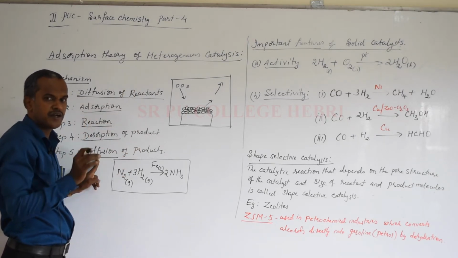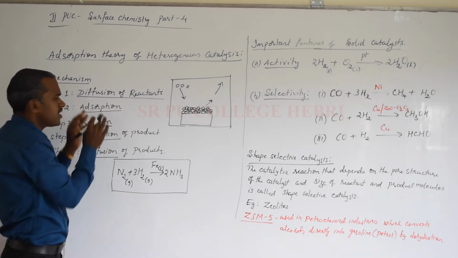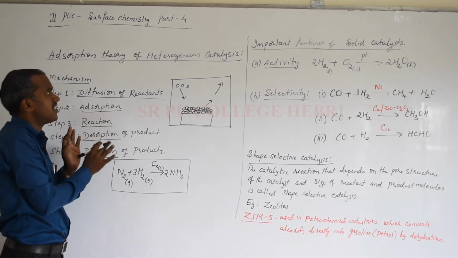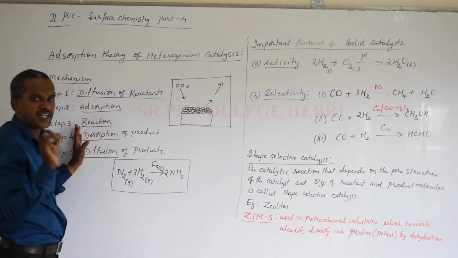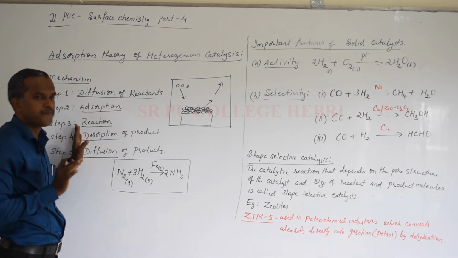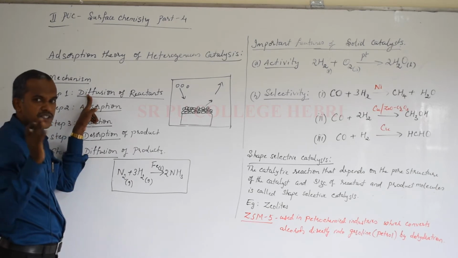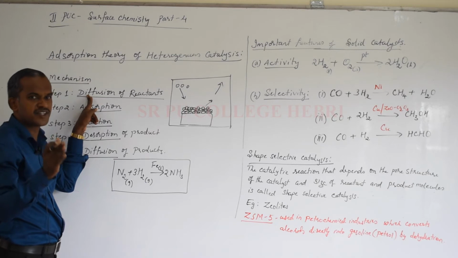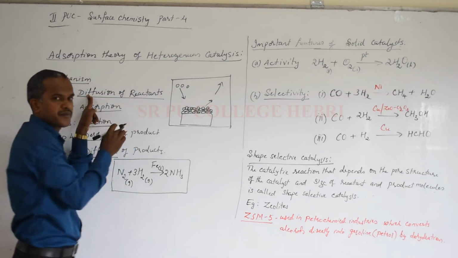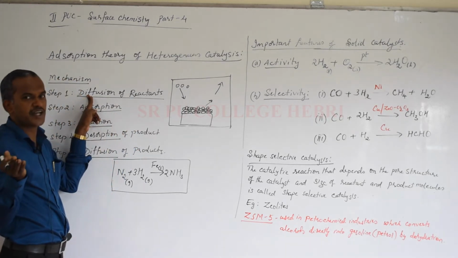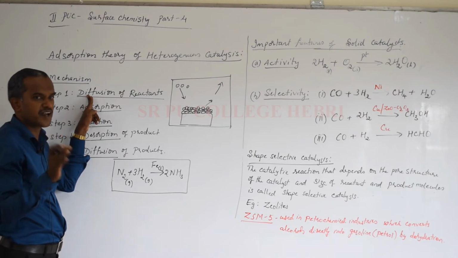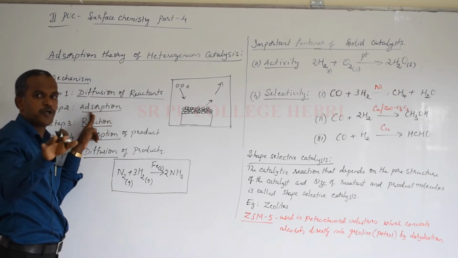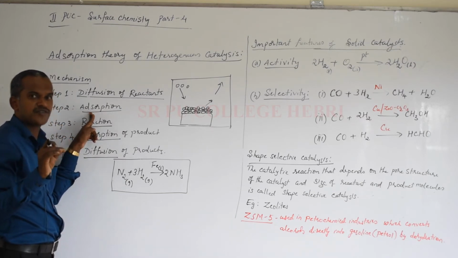To make it very simple, I will give an example. Let me consider this mechanism of heterogeneous catalysis as a one-day activity in the college for any student. So what is step 1? First, in the morning, you are coming towards the college, towards the classroom. That is diffusion. Are you just standing outside the classroom? No. You will come and sit inside the class. Second step, you will come and occupy your place. You are getting seated in the classroom.